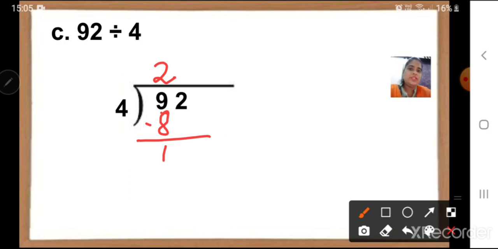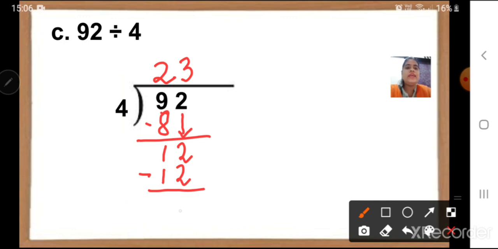What is the next step, children? We have to bring the next number, which is number 2, down. Okay. Now we can see in place of the dividend here we have got number 12. Okay. Now see, 1 and 2 is 12. We have to take these two numbers together. Okay. In 4's table, we have to see whether number 12 will go or not. Yes, it will go. 4 threes are 12. It is going to divide. Correct? So we will write here 4 threes are 12.